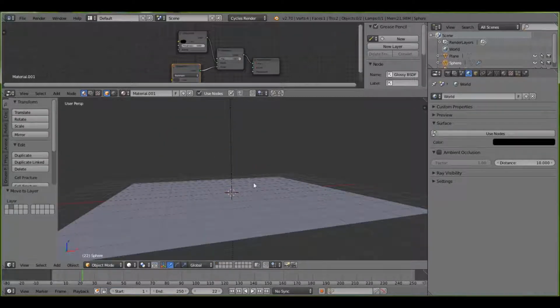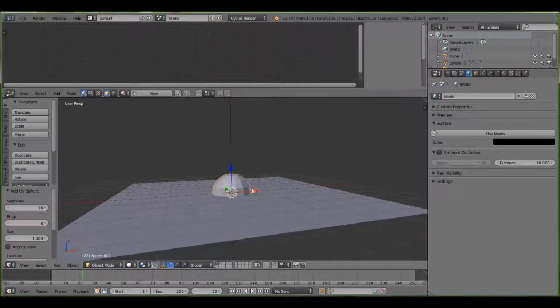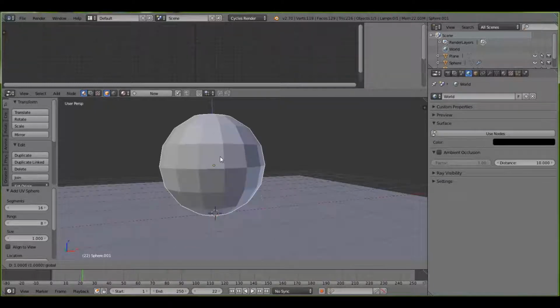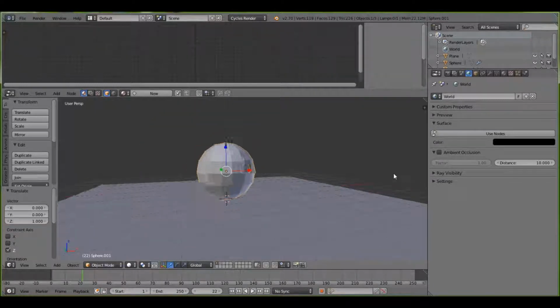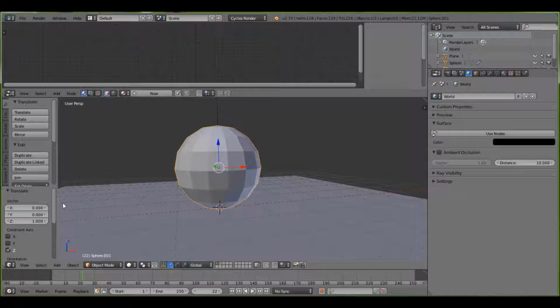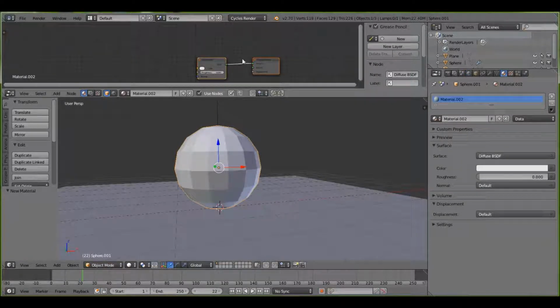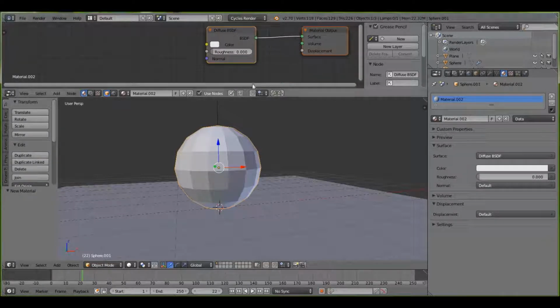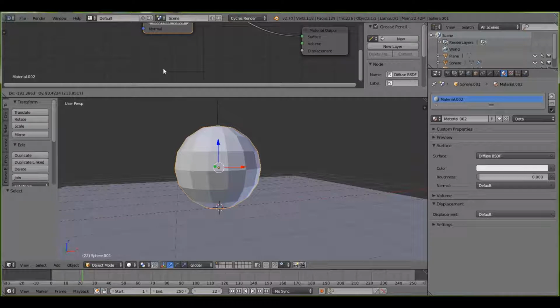So move this to layer 2 for now, and then add another sphere. You don't need any simulators or anything actually. So this is going to be really quick. What you do is just leave this as is. Add a new modifier, it's more about the material, and name it whatever you want. And then add